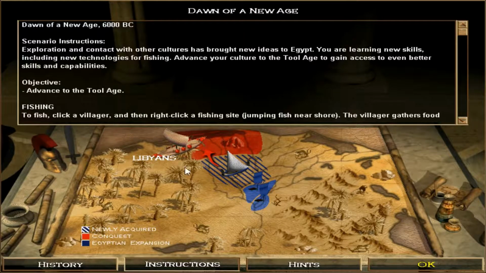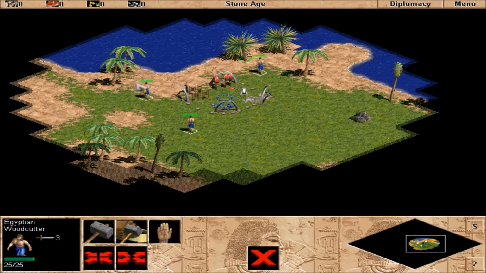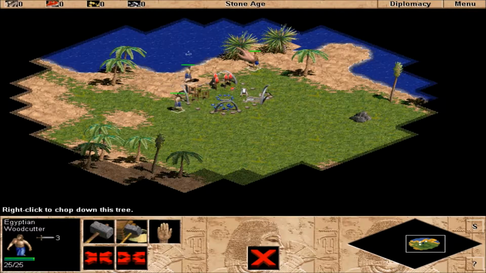Unfortunately, we're not going to have an opponent for this mission. This is going to be another pretty simplistic scenario, but that's alright. We're just going to rock and roll through these missions. So the first thing I'm going to do is assign my 3 villagers to wood, and